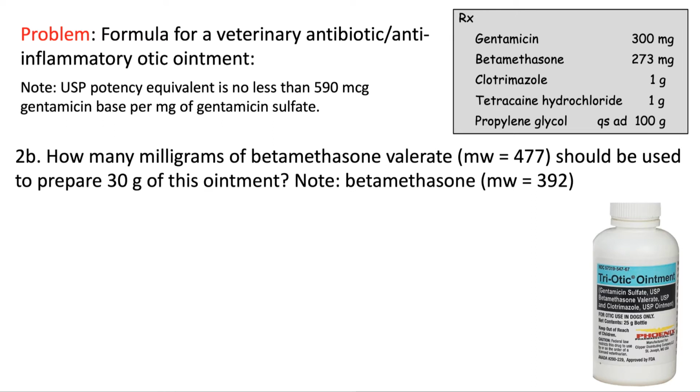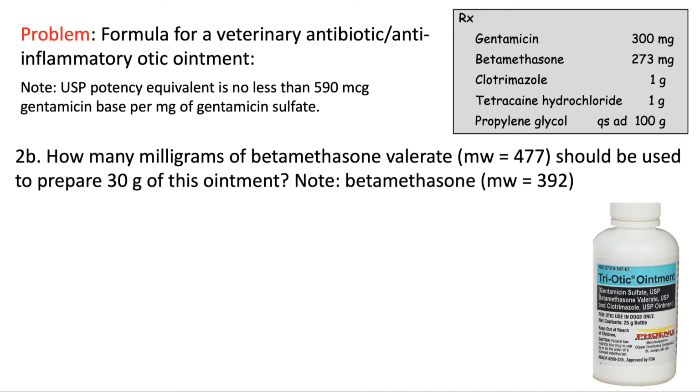Going on to part B of this question, it asks, how many milligrams of betamethasone valerate with a molecular weight of 477 should be used to prepare 30 grams of this ointment? Keep in mind, I also give you that the actual formula weight for betamethasone is 392. And I'll remind you, the formula up above there gives us the amount we need for just pure betamethasone, not